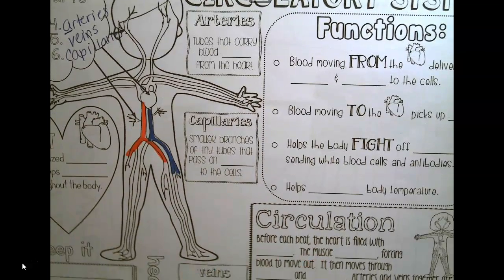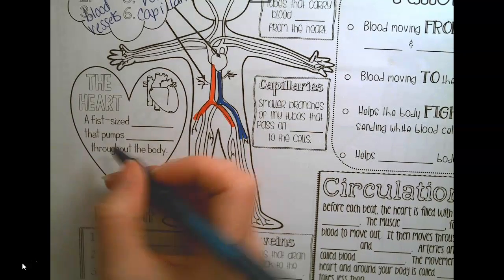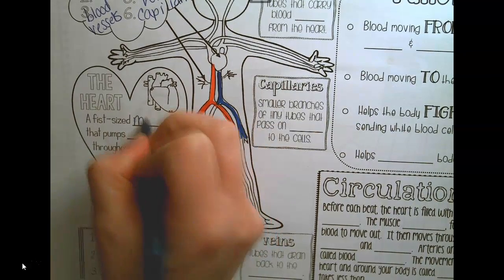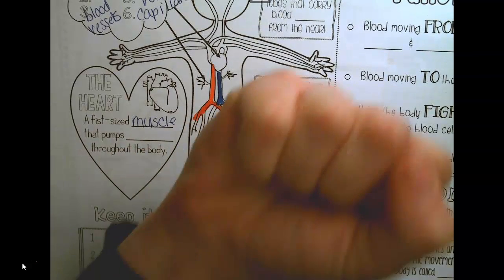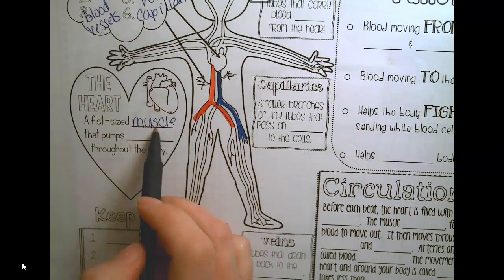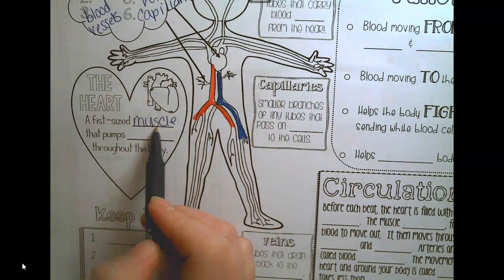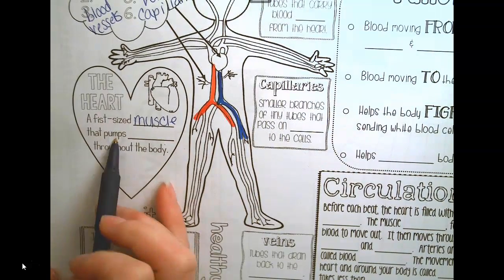All right, let's talk about the heart. The heart is a fist-size muscle. So if you make a fist, that's about the size of your heart. As a muscle, it can contract and tighten up. So that allows it to pump blood